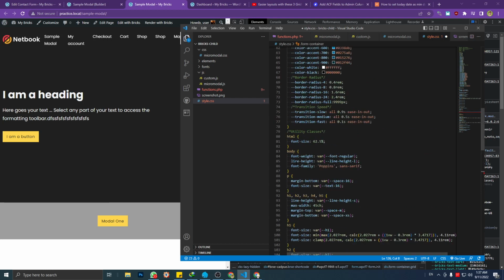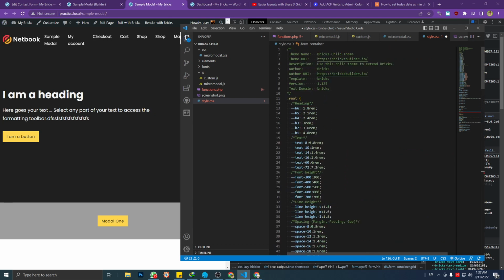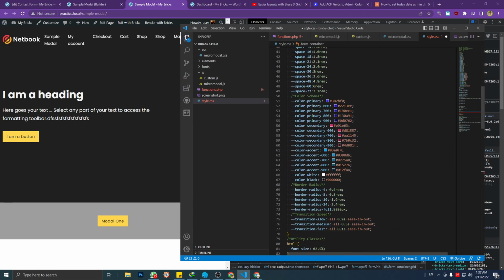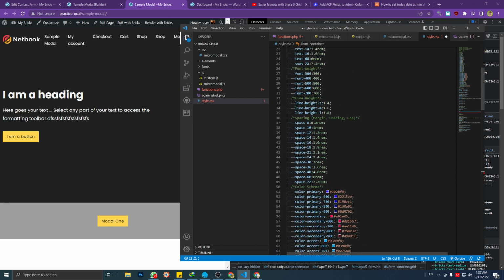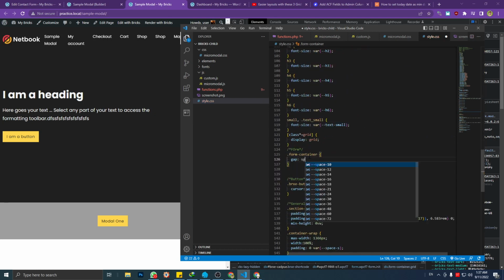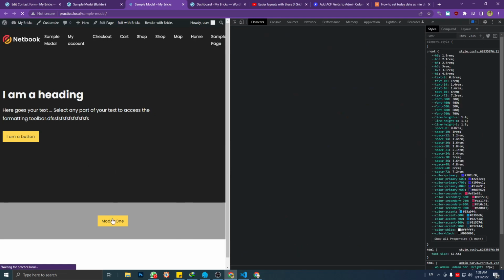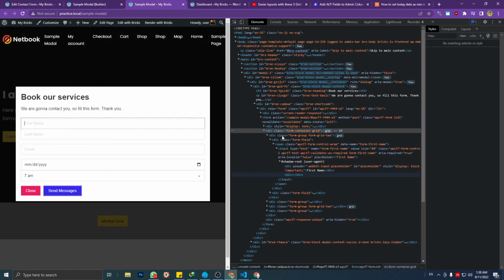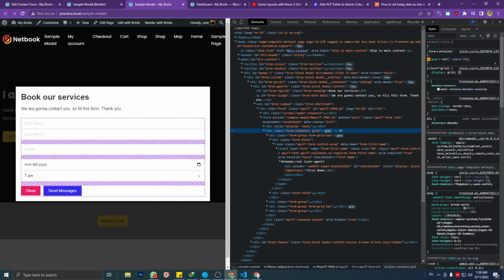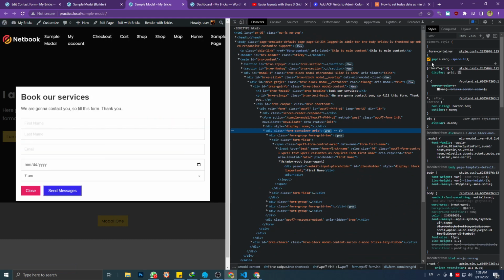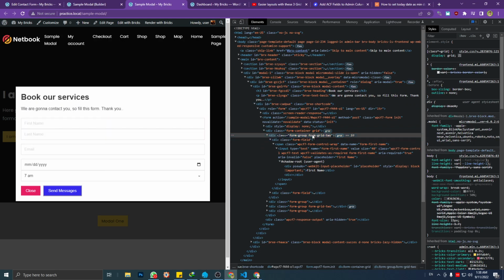And since I have created a CSS variable, I'm gonna just retrieve the value from here, the gap space 16, so it means space is 1.6 rem. Okay, let's reload and see the form container. Here we have display grid with a gap. Okay, that's good. And then form grid 2,